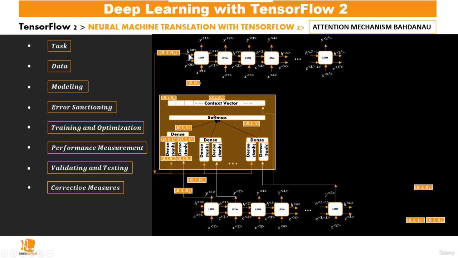But note how this particular query is going to be computed: the similarity is going to be computed between the query and each and every key, that is each and every value of the input sequence, and that's very important. So we have this, it passes through a dense layer